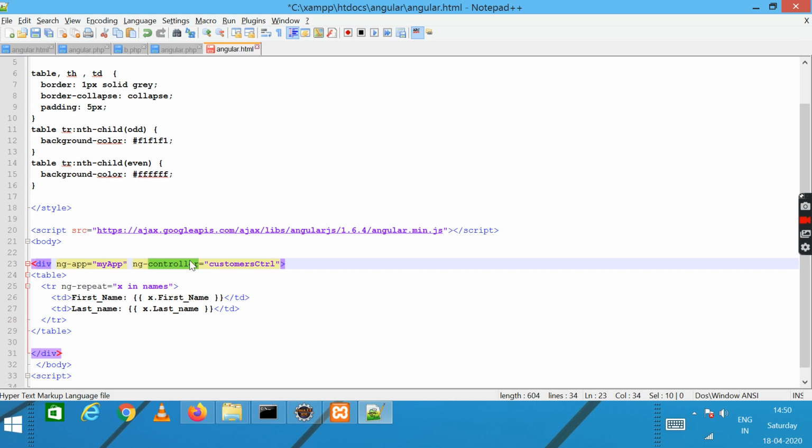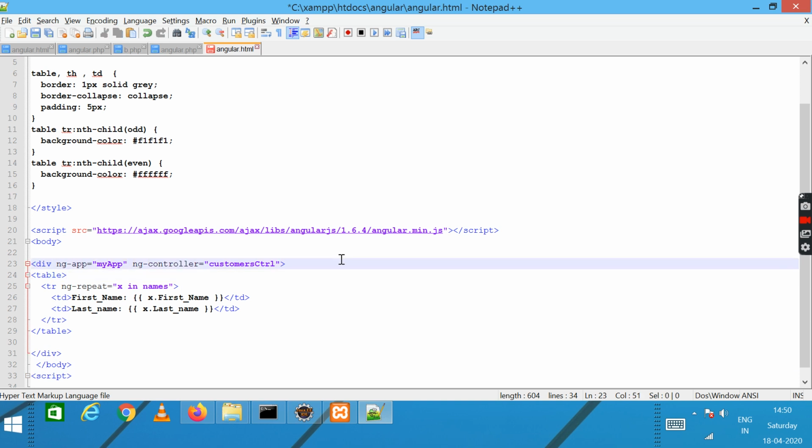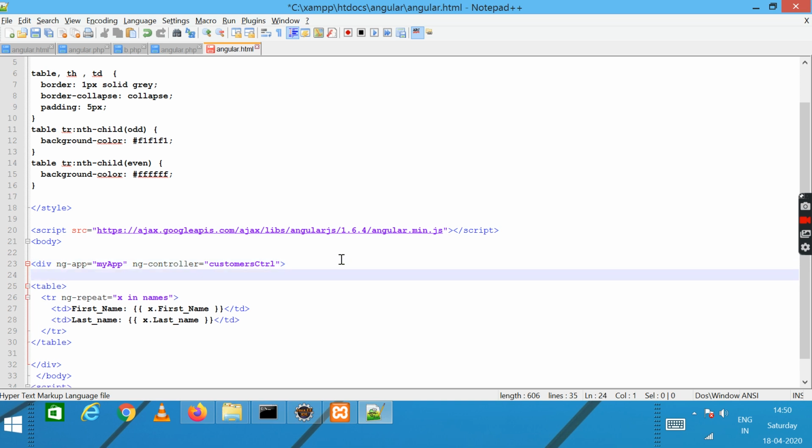This controller, as I told, is used as a view part of the MVC, which shows whatever we read from the AngularJS, that will be viewed in the form of controller.